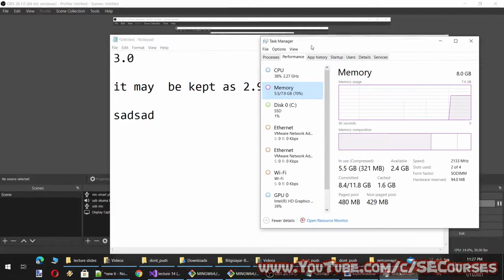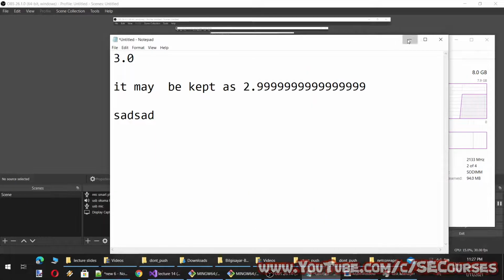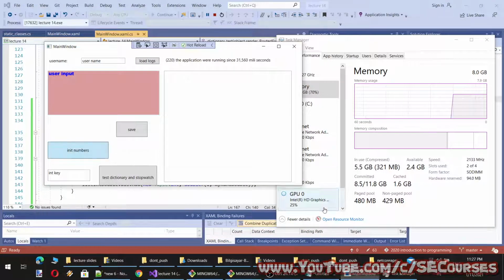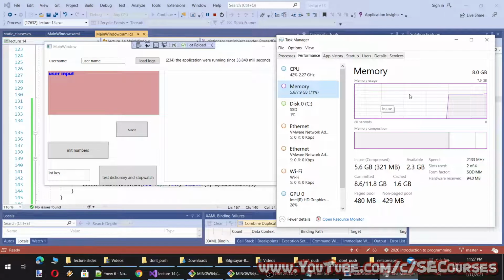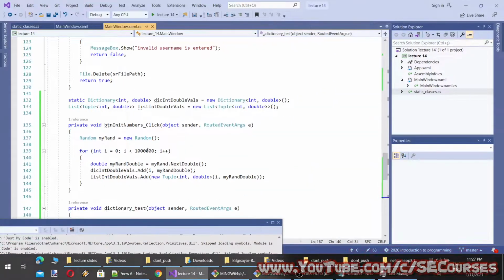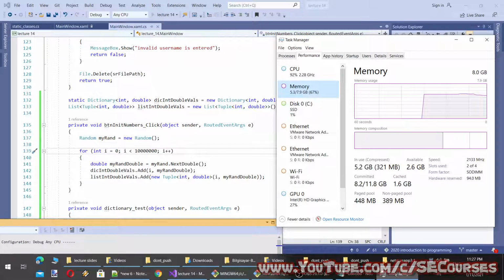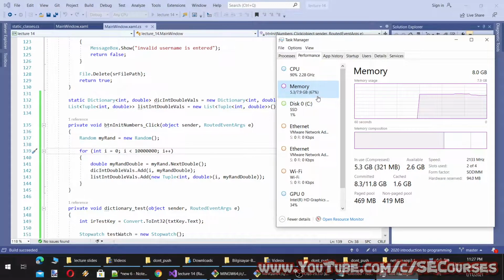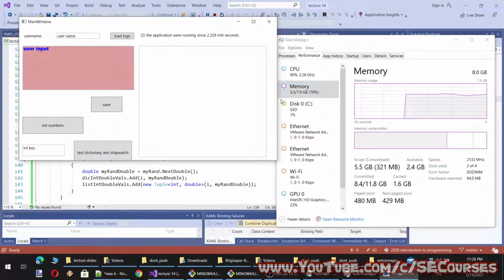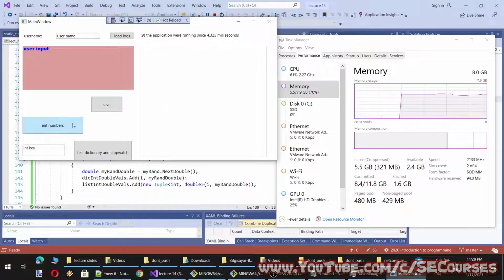I have got 2 GB, and okay, let's initialize the numbers. Okay, it is being initialized. It didn't take any memory, so I think I can increase the size to 10 million. When the size is more, we can see the difference between the list and the dictionary more precisely. Okay, let's init it.